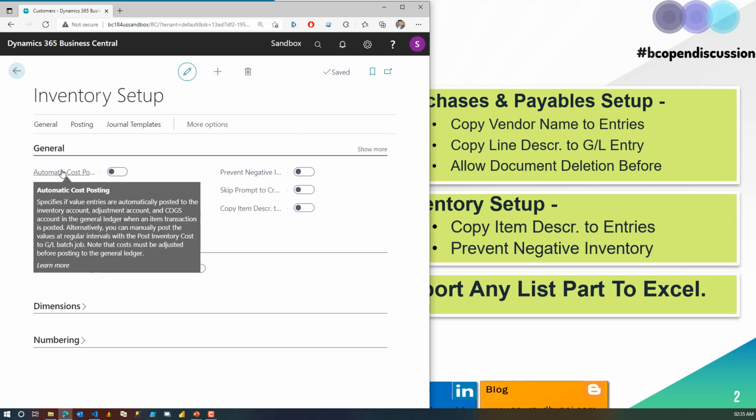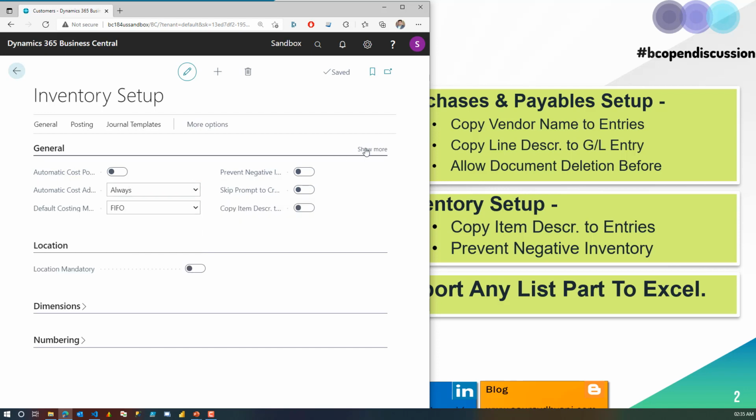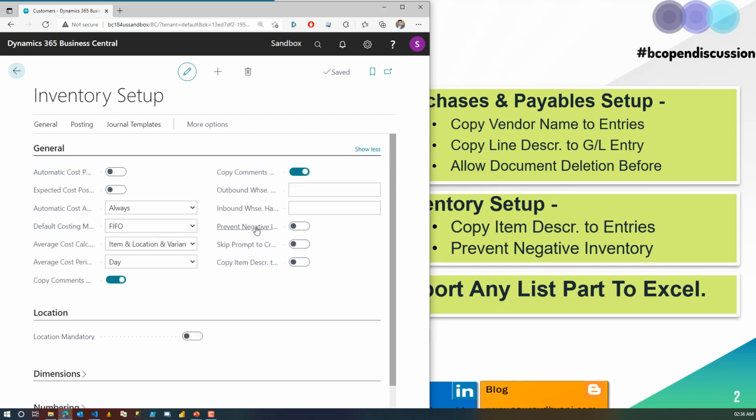That was one feature that was added in inventory setup. The other one, which is a pretty old one, but most of the people don't know about it, is prevent negative inventory. Now, by default, Business Central allows you to post your sales transaction even if you don't have inventory for an item available. That's a default feature in the product. But if you are an organization who don't want to post the documents unless the item inventory is available, you can enable this to prevent the negative inventory